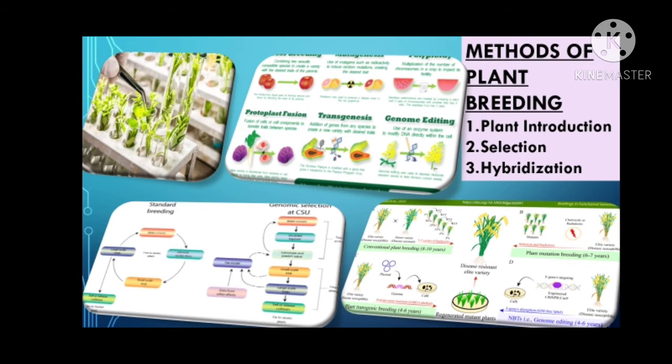Methods of plant breeding. Plant breeding started in the beginning of 20th century after the rediscovery of Mendel's work. Today, plant breeding has become a specialized technology based on genetics. In India, plant breeding is actively carried out at Indian Agricultural Research Institute, Delhi, Central Potato Research Institute, Cuttack, Sugarcane Research Institute, Coimbatore, and at a number of agricultural universities and research stations.